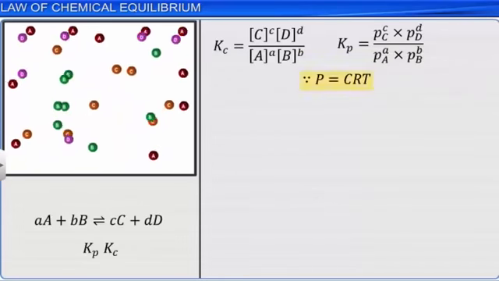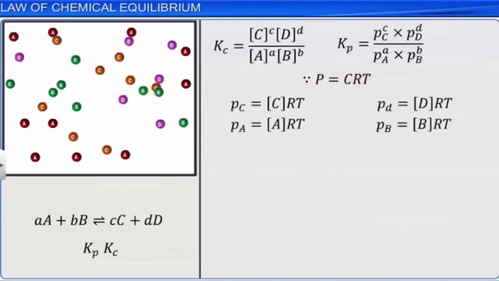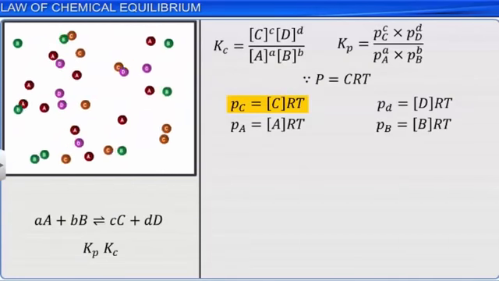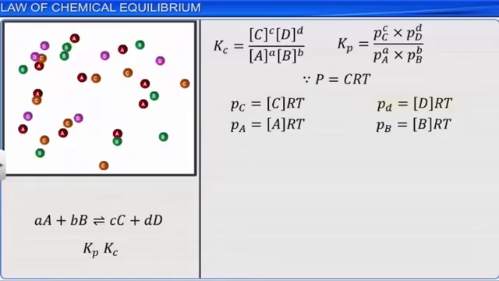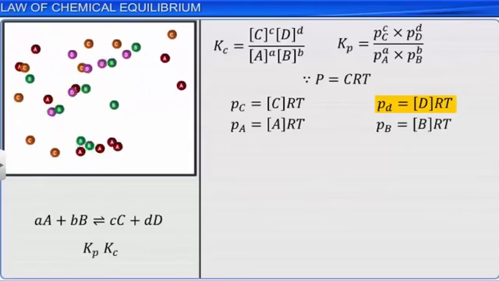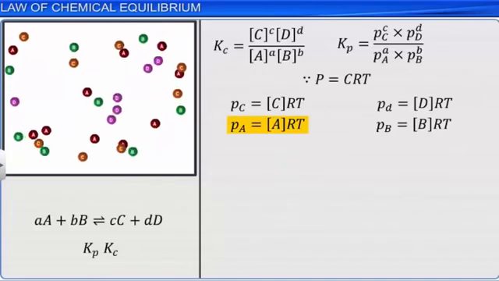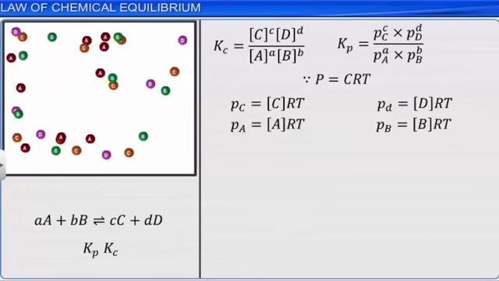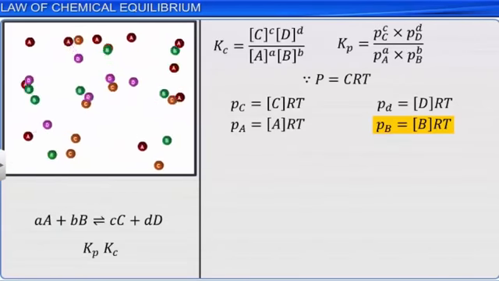Since P is equal to CRT, it can be written as: partial pressure Pc is equal to the concentration of C multiplied by the product of R and T. Partial pressure Pd is equal to the concentration of D multiplied by R and T. Partial pressure Pa is equal to the concentration of A multiplied by R and T. Partial pressure Pb is equal to the concentration of B multiplied by R and T. Therefore,